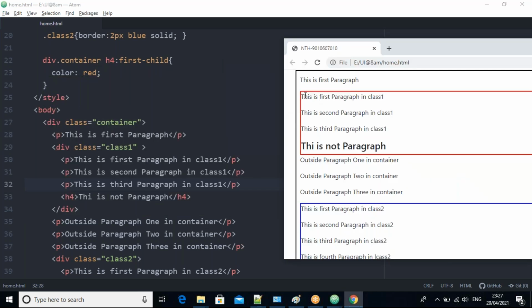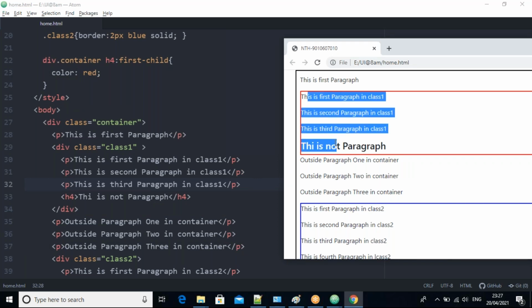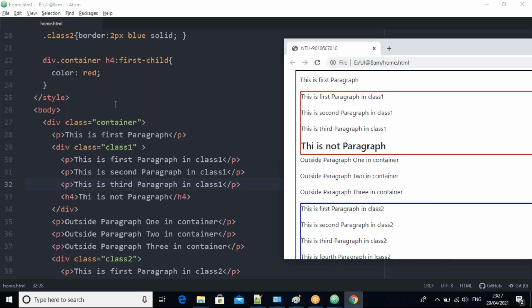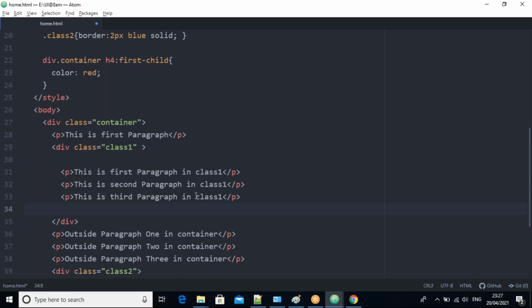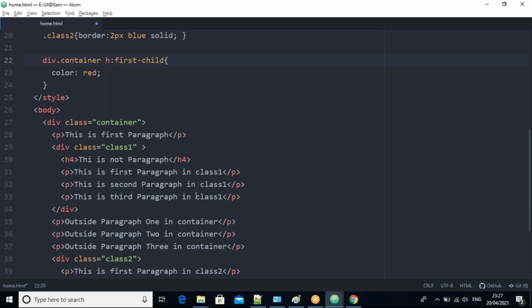In the first class, the red color is not applied for anything. Why? Because I want H4, but H4 is not the first child here. In this class, H4 is the fourth child, not the first child. That's why it is not applied. That's the first child.